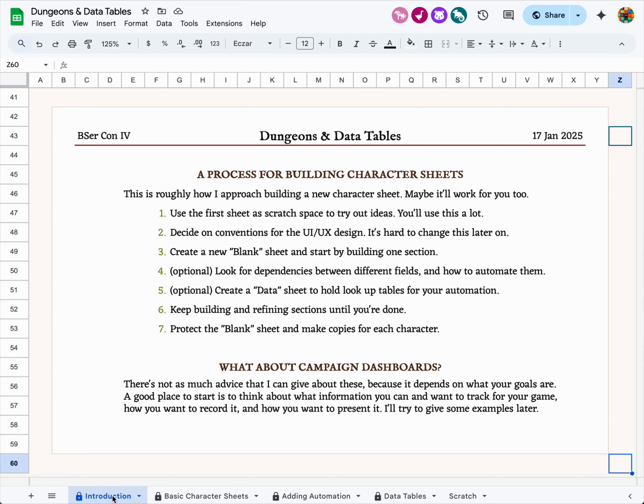And then decide on conventions for UI and UX design. How do I want to actually lay things out? How do I want to format them? I do this really early because Google Sheets is terrible at helping you with this. You cannot easily make changes to formatting for a big character sheet once you're really far along. So spending a bit of time up front deciding how you want things to work really pays off. Then I'll create,